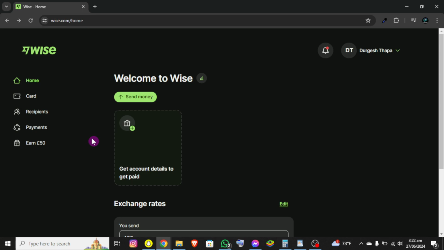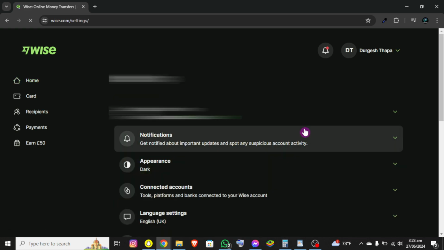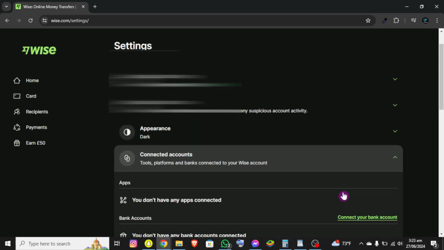And right after that, once you open it, you'll be able to see the interface or dashboard of Wise on the screen, where you can see your profile name at the top right corner of this dashboard. Simply click on that option and now you can see the settings option second. Once you click on it, you'll be redirected to the settings section, and now you can see the connected account option fourth. So you need to tap on that option and now scroll a little bit down